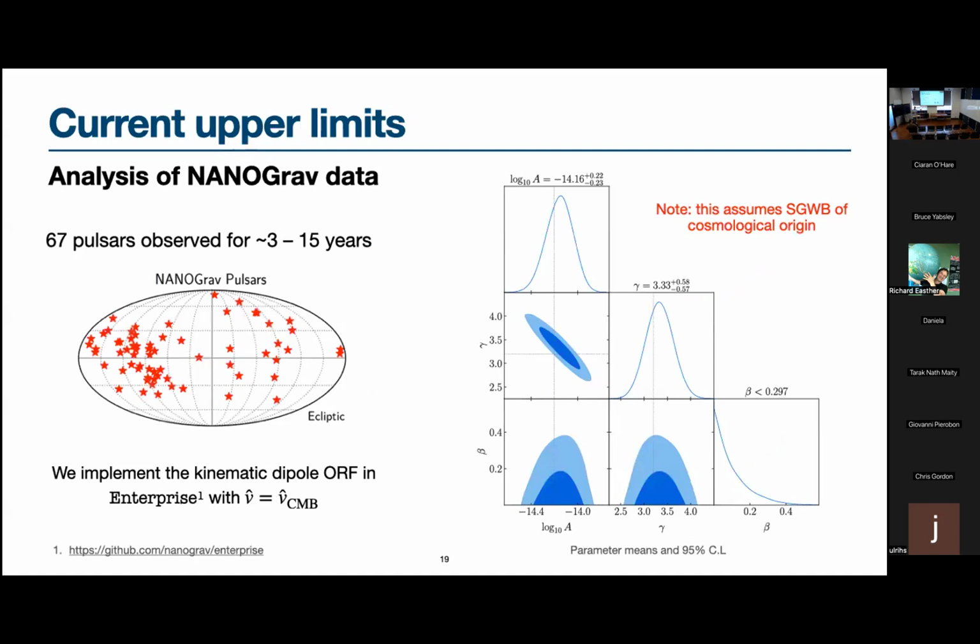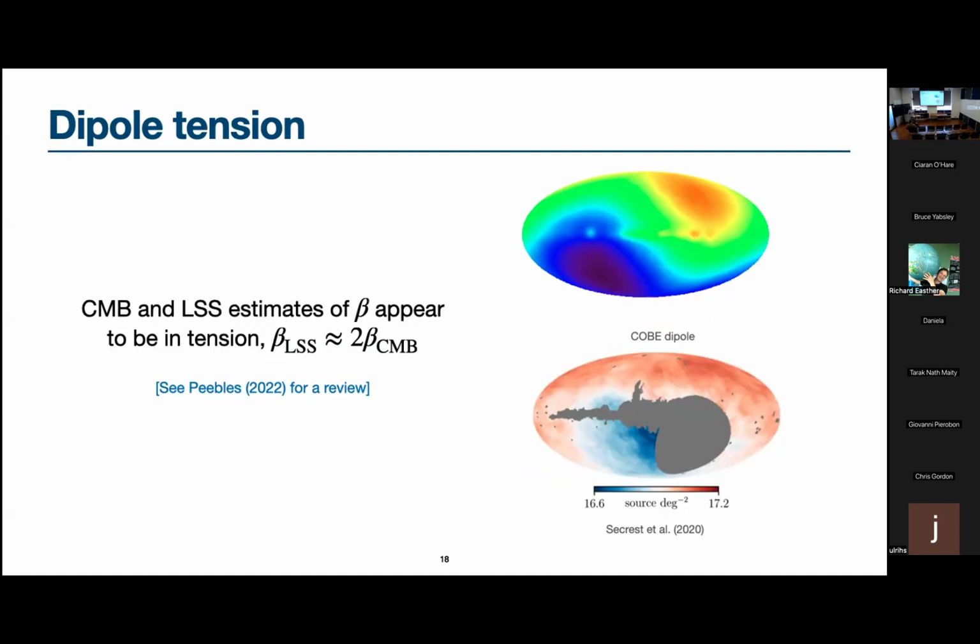Is there speculation about why that's happening? Which one? This difference? The tension? Too much speculation, probably. So for the large-scale structure, there are many different tracers that you can use to calculate this, and all of them come with their own uncertainties and biases. It's hard to combine everything consistently. I don't think it's easy and probably not going away soon, just like the Hubble tension.